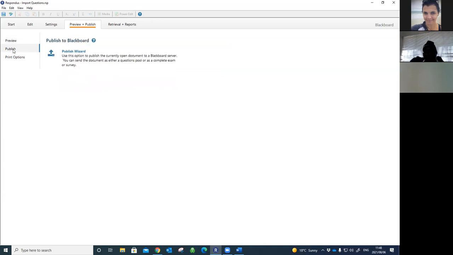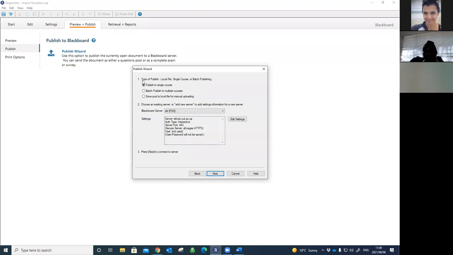So I'm going to click publish, and then publish to Blackboard is automatically loaded because we have synced Respondus to our Blackboard, and then click Publish Wizard, and it's going to open up the Publish Wizard tab. Now, the next couple of steps are very important, so make sure that you listen. We first will have to add a server. So if this is your first time using Respondus, you will need to add a server to your